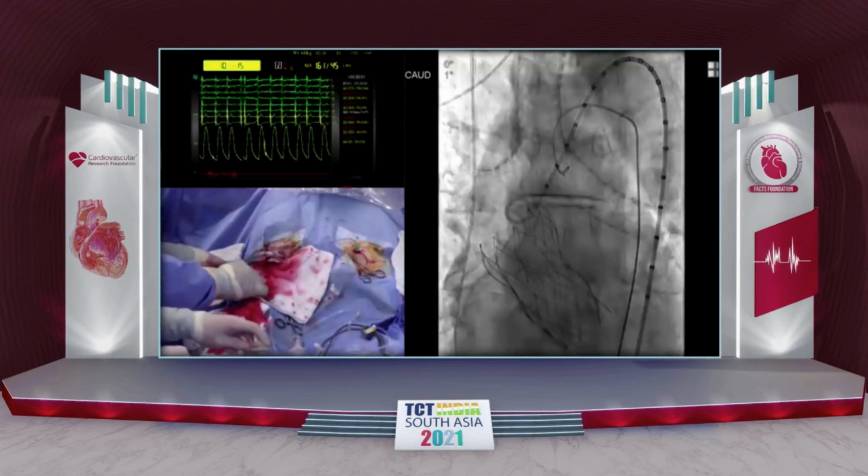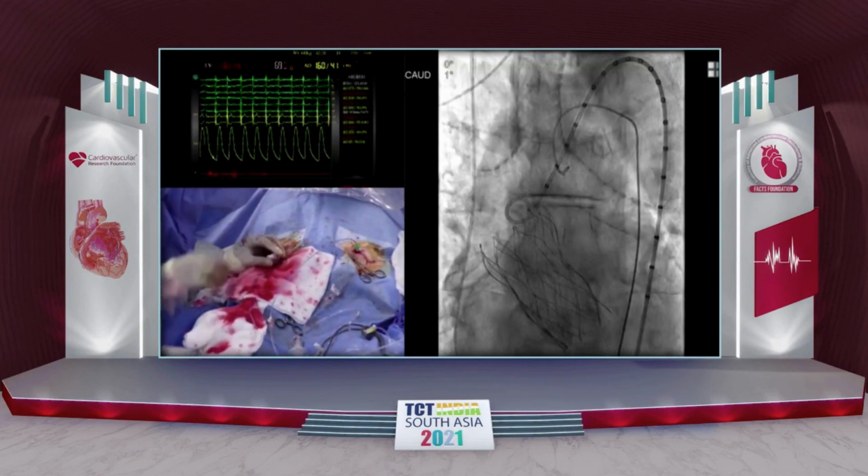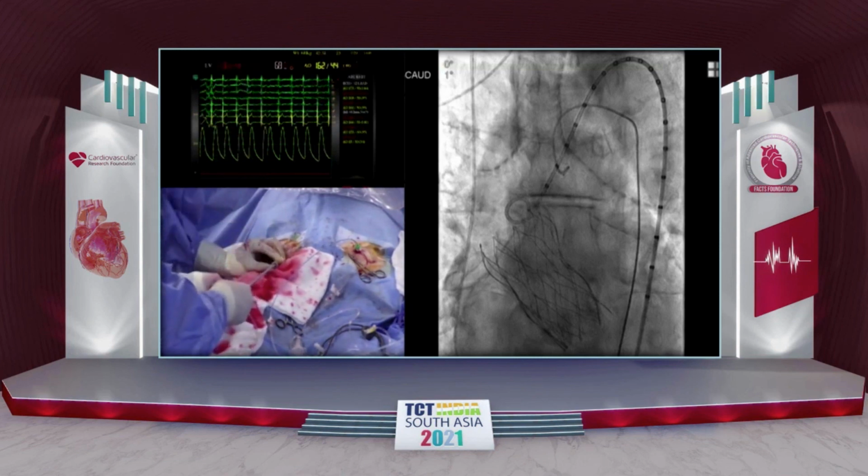Okay, so we have, how many minutes? 10, 12 minutes. So Andrew's going to put a pigtail in. We do look at the hemodynamics, and then we'll take an aortogram again. And then if there's time, I have actually...